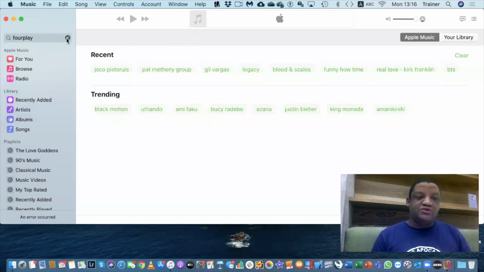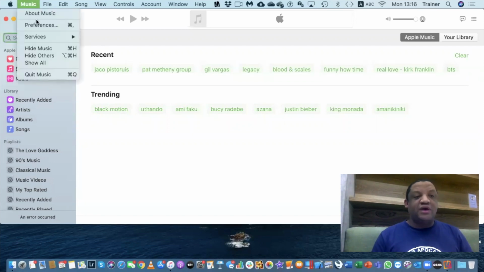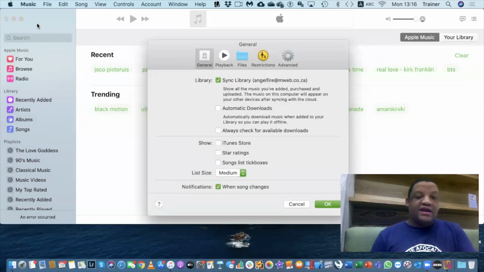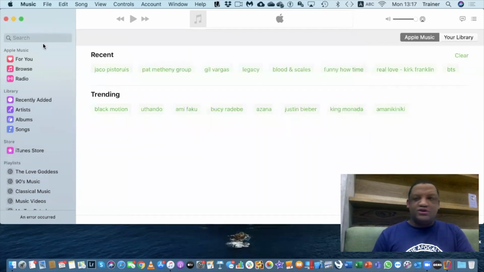So what I'm going to do is, I can see that I don't have any iTunes here. I'm going to go to my music preferences, and I'm going to enable iTunes under show. I can see there's some other settings here as well, guys. So I enable star rating as well as songs listed. Actually, I don't want to use that one for now. I'm just going to untick that one. And I say, okay. Now I'm just going to do my search again.